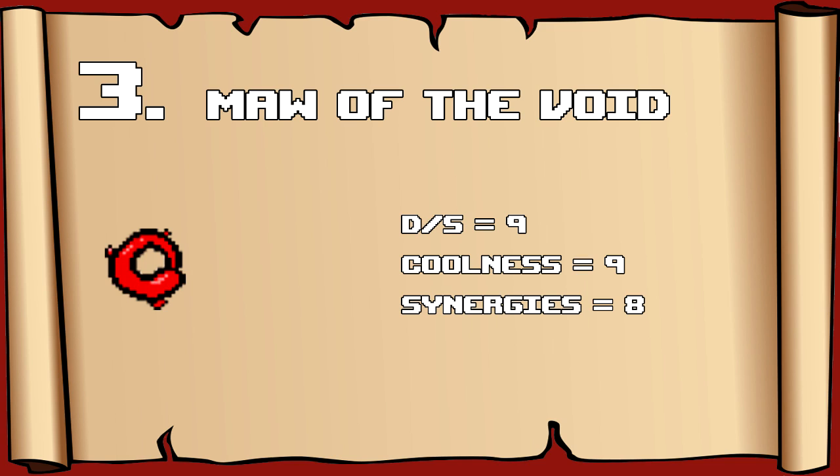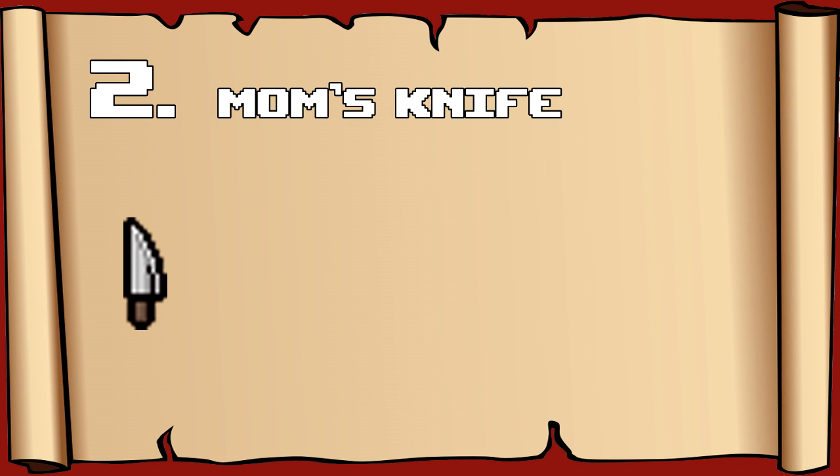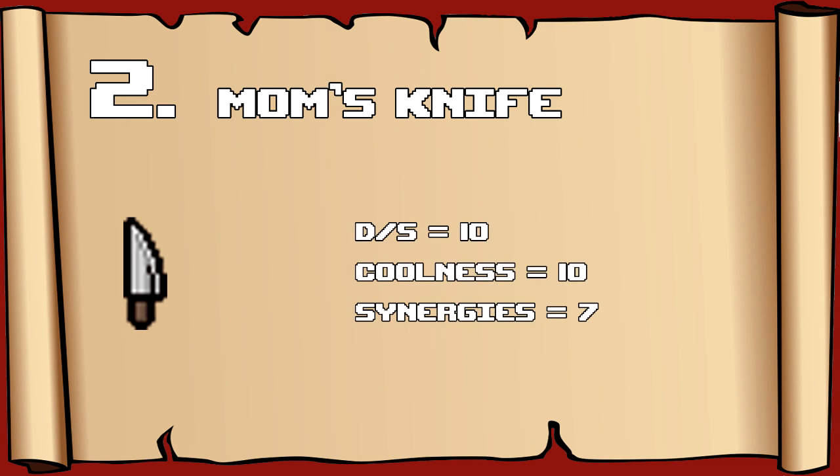in the game, besides the 2 that we're going to get to next, and you probably know what those are already. But hey, Maw of the Void coming in at number 3 on the top 10. Coming in at number 2, you people probably already guessed it, but we have Mom's Knife. Coming in at a 10 on the damage/survivability scale, a 10 on the coolness scale, and a 7 for synergies,